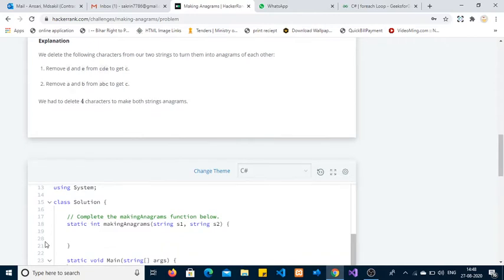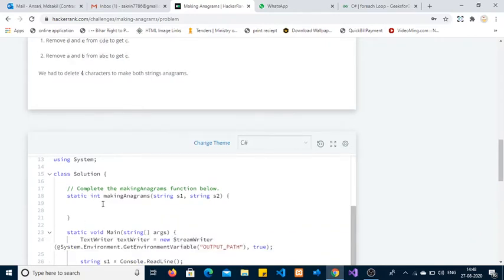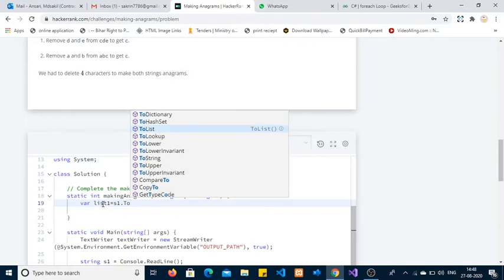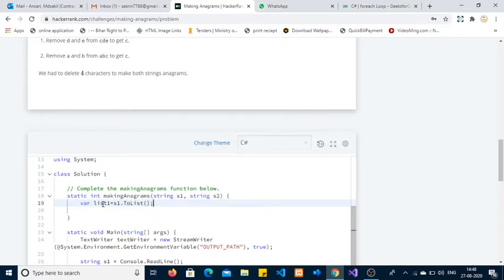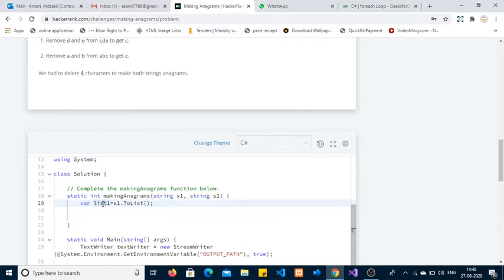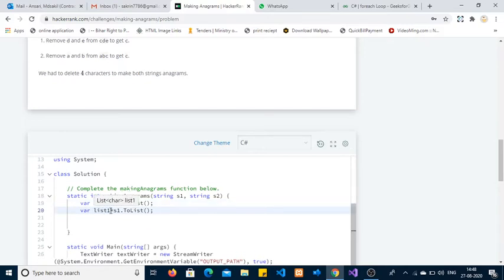Okay, let's move to the coding part. I am going to work with lists. I am creating list1 equal to s1.ToList, converting the given string into a list. I am copying the same line of code and pasting it to create a second list.